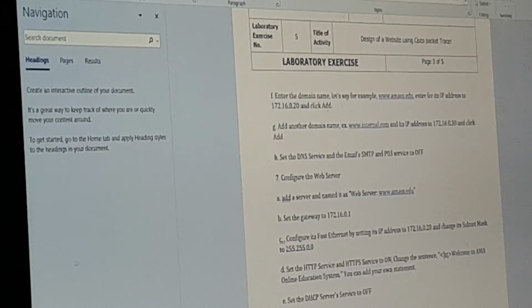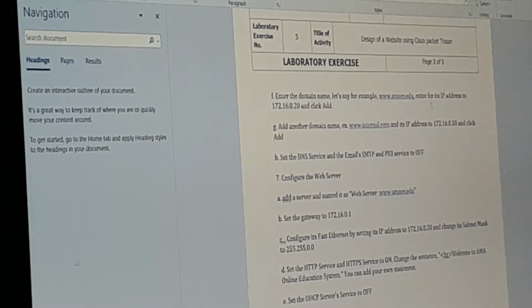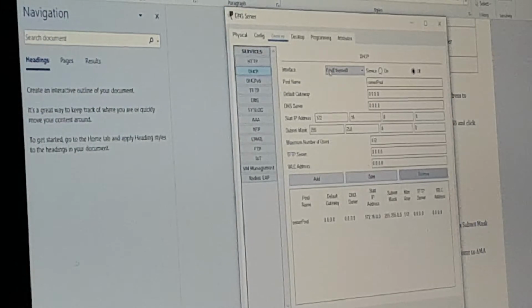Fast Ethernet domain, let's say for example www.ama.is.edu, enter for its IP address 172.16.0.20. So this is the server full name.